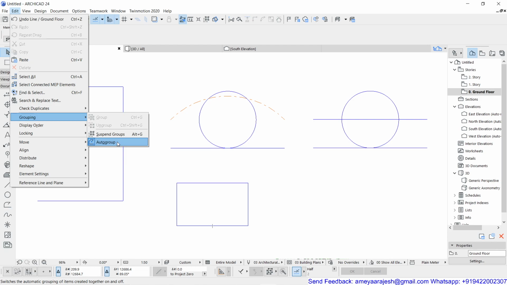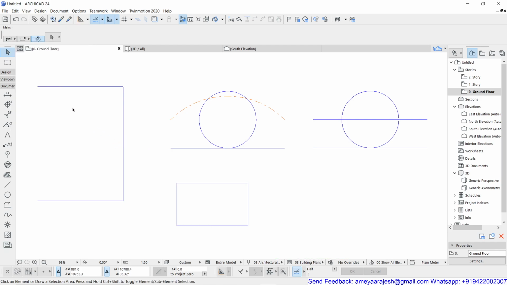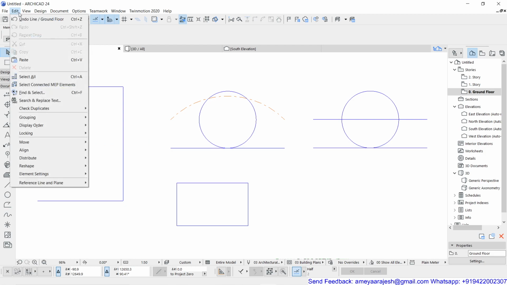Now if I switch off this feature, it doesn't have any particular hotkey. Remember, you have to come all the way over here and either turn it on or off, or otherwise load the palettes of the group, and from there you can also do it. So I'll switch off this now. Make sure now I've clicked there, and if you check the auto group, there is no highlighted background for that particular option. So it is inactive now.